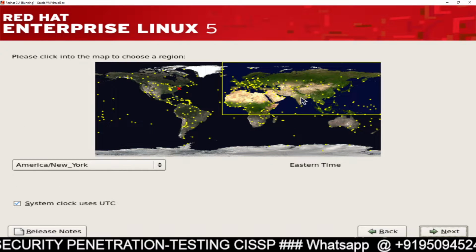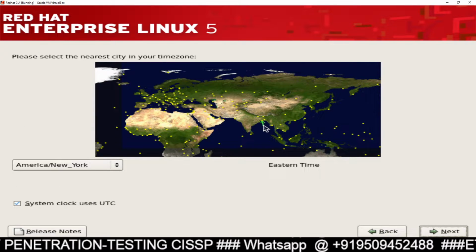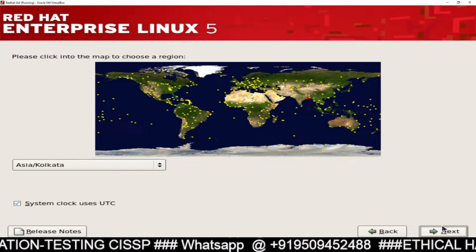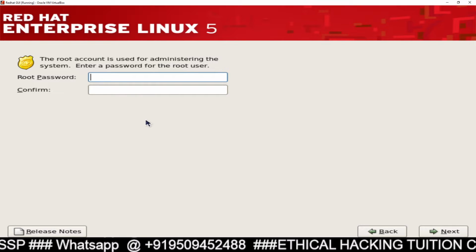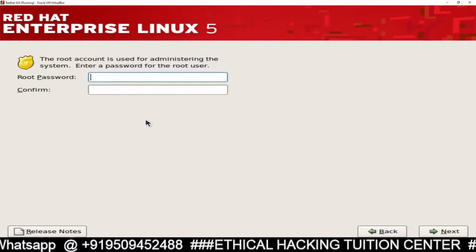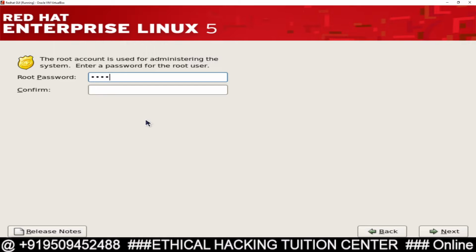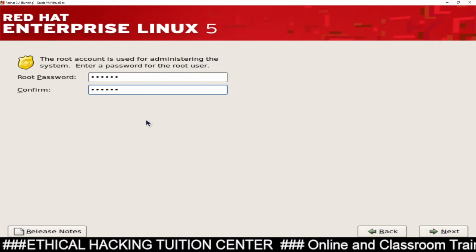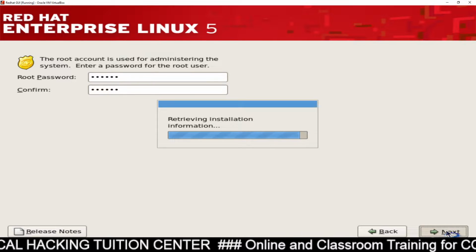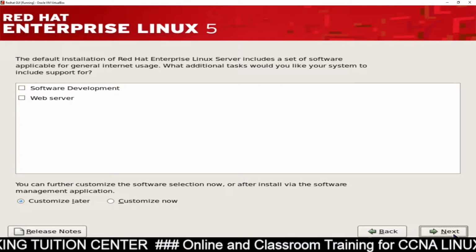You can select your time zone. So mine is Asia Kolkata, so I will select my Asia Kolkata, then click on next. Now it's asking for the root password. You know the root is the admin inside the Linux machine, so you have to assign the password. I am giving RedHat. Again, repeat the password RedHat, and then click on next, next,